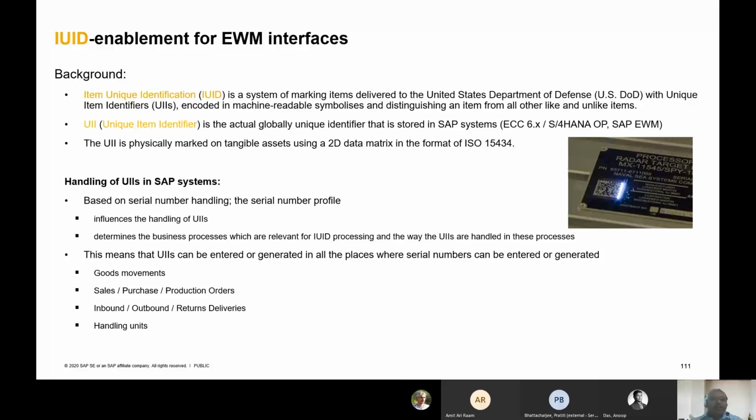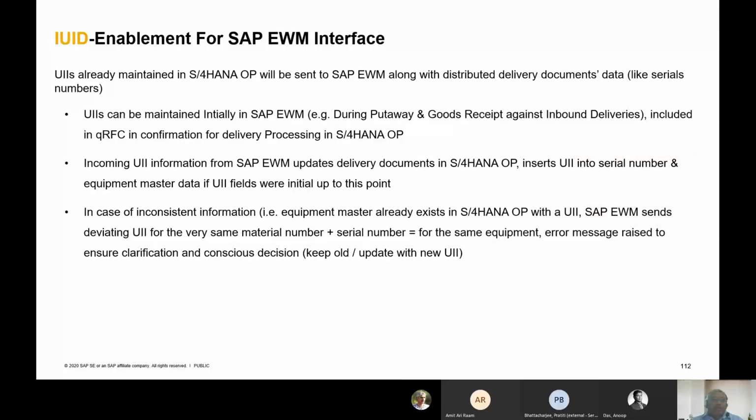So you will have the traceability of this UID in each of those processes whenever it is handled, through the execution process and subsequently also, which is available as part of the new functionalities enablement for the defense. It has also been enabled to integrate between the on-premise system and EWM. So this data is captured on both sides, because if a customer is using EWM functionality, then the UID capture will also be enabled during the putaway or the goods receipt processes.